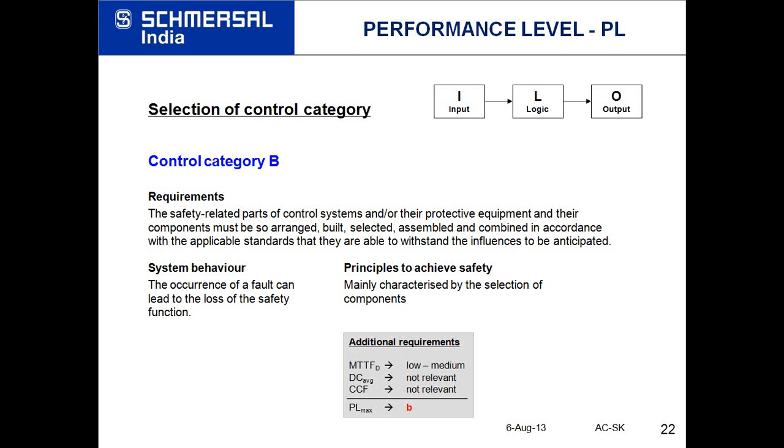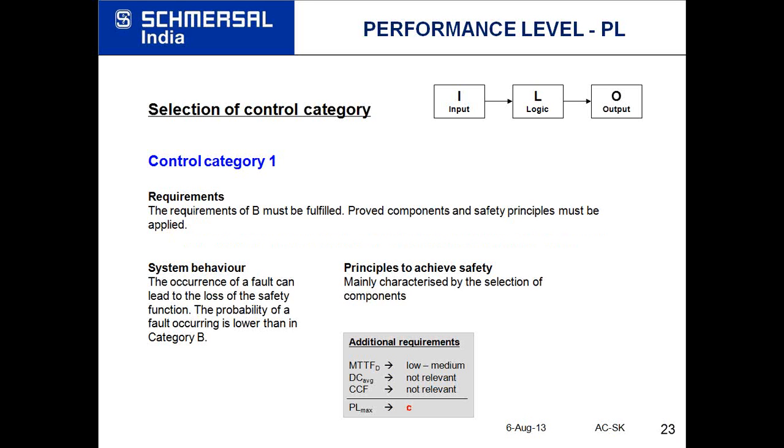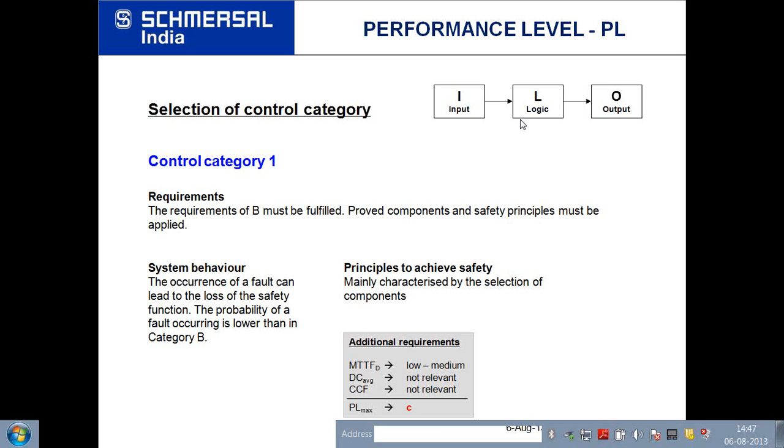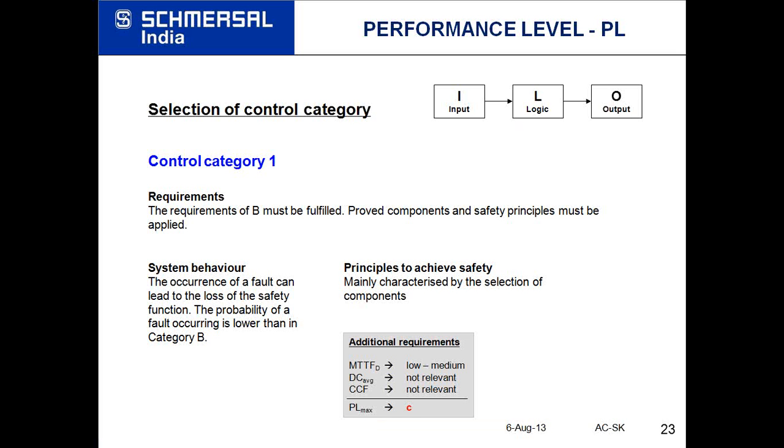Now let us come to control category 1. Control category 1 means the requirements of B have been fulfilled. The selection of components has been taken care of, but then you have chosen a proven component, and you have also applied some safety principles. We will be talking about this, but to tell you very briefly, proven component means a component which is made for such application.